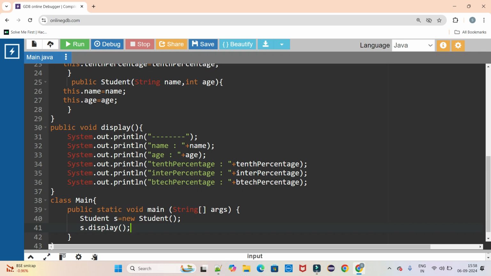And in this, let's say I can pass the values which we want to print. Sorry, that name, let's say Hari, comma, his age would be 25, comma, 10th percentage is 87, inter percentage 88, and B.Tech percentage, let me take for year 6.25. Now if I print it,